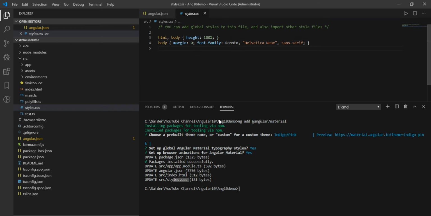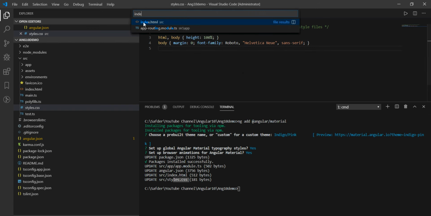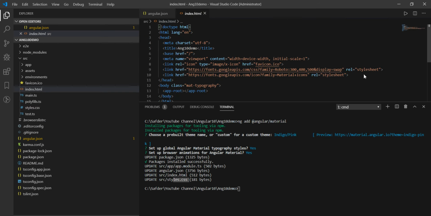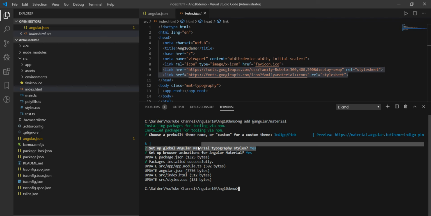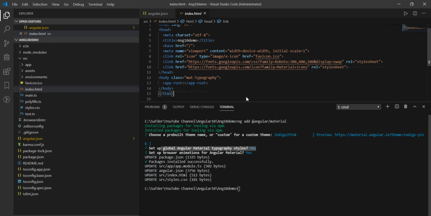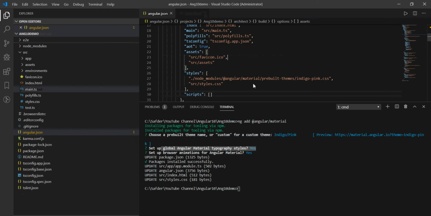And apart from that there is index.html. Here you can see the Google APIs install the fonts related things because we have chosen yes in that font typography style. So these are the files which were updated by our Angular ng-add command.